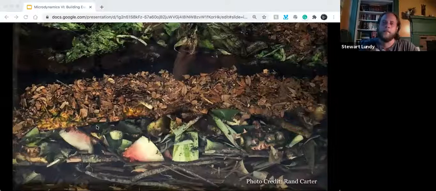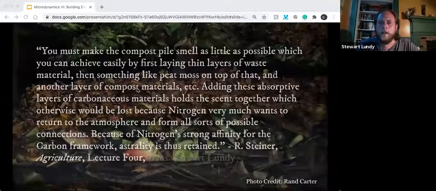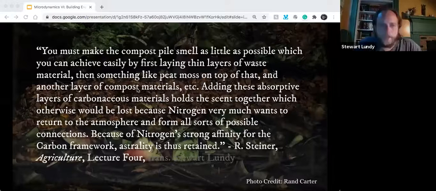That same principle governs not just every individual organism, but anything else you try to organize that has life. So that's true of the compost pile, that's true of the farm, and that's true of yourself. So I'll read another quote from Rudolf Steiner that deals directly with this from the agriculture course. Steiner says, "You must make the compost pile smell as little as possible, which you can achieve easily by first laying thin layers of waste material, then something like peat moss on top of that, and another layer of compost